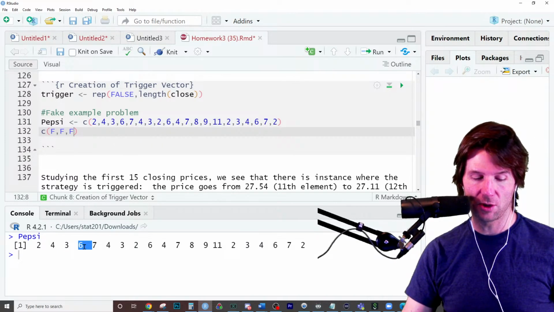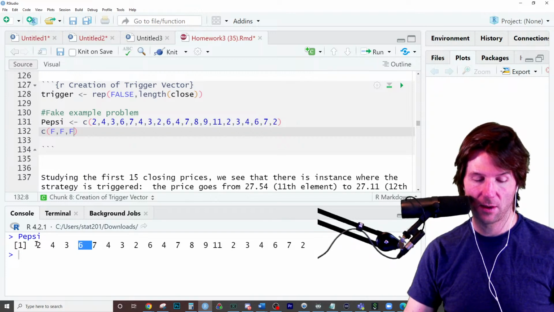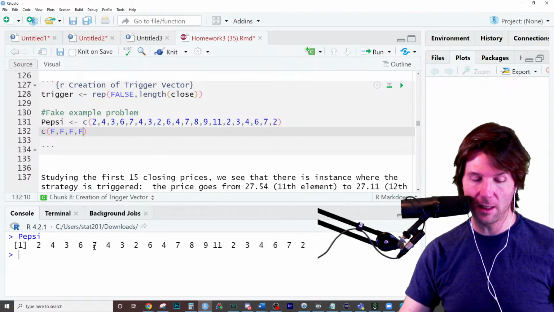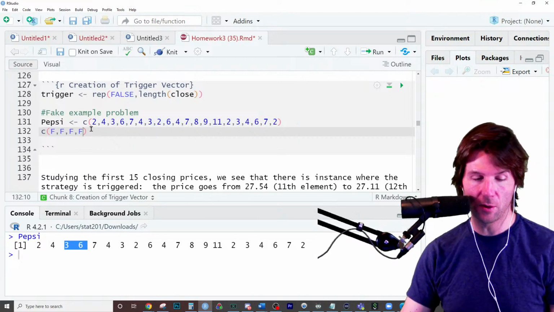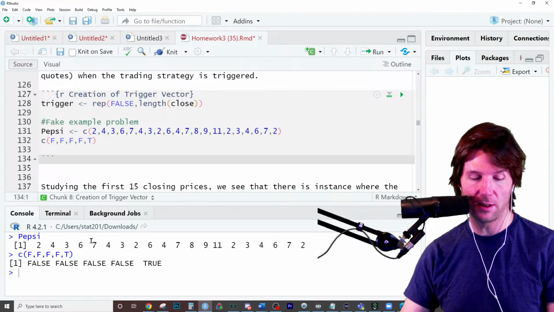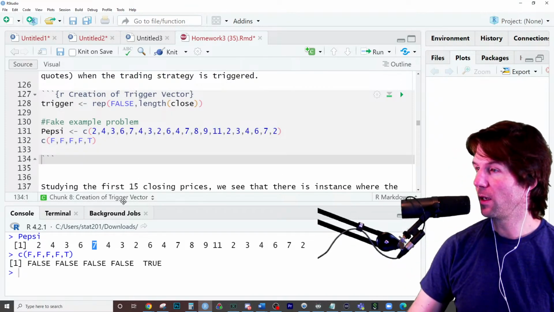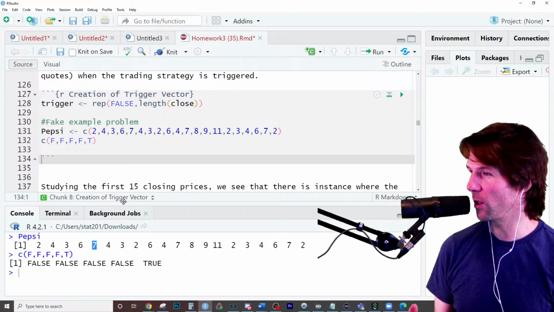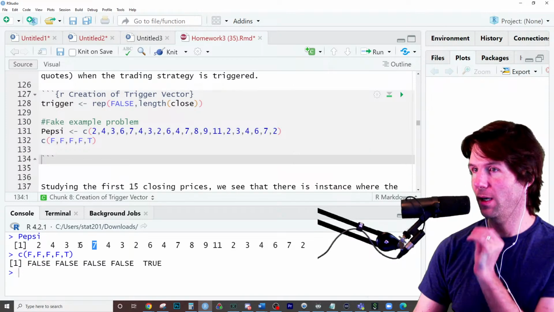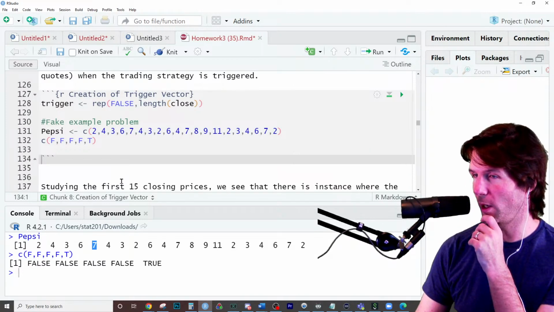How about right here? Should I buy right here? Did it go up 2 days prior? So we looked at the 2 days prior. Did it go up and up? Nope. But check this out. Right here, it went up and up. So we would know that this is the first true. That's what we should be seeing right here, is this is where our first true is. So let's think about where we started evaluating. I started evaluating at position what?